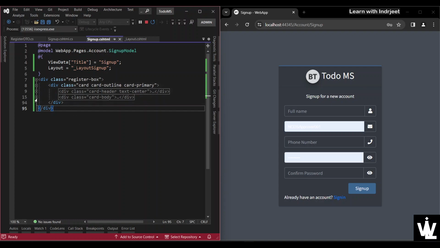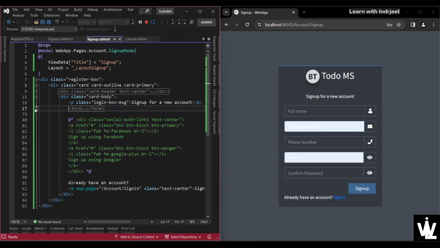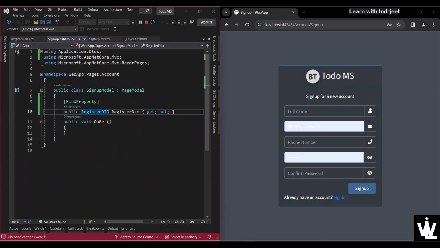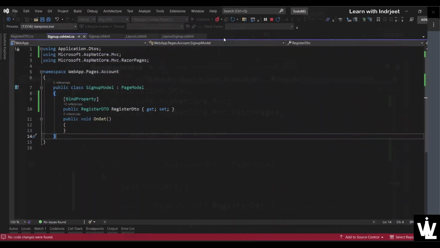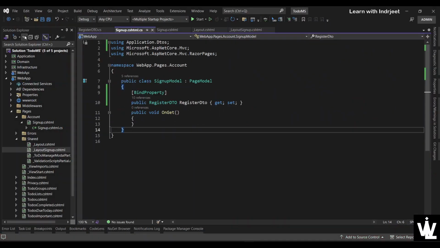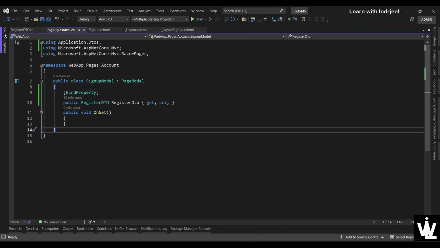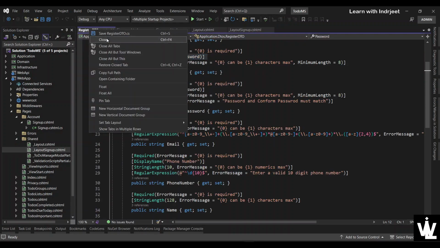Okay, so we have this form, this div is this, and this is fine. So next we'll be implementing the signup.cshtml.cs code in the next video, right? So let me stop the application and